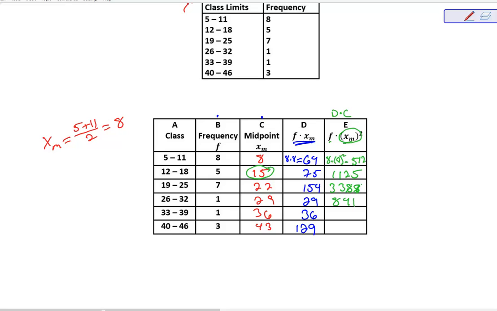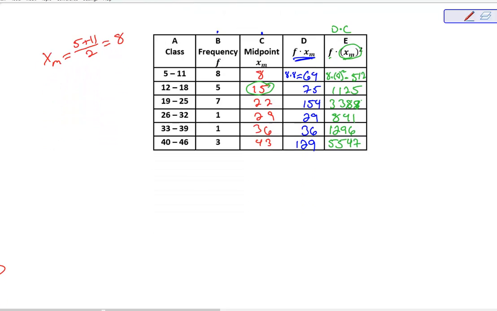So let me draw those as 8s. 36 squared is 1296. Times 1 is 1296. 43 squared is 1849 multiplied by 3 is 5,547. Okay,